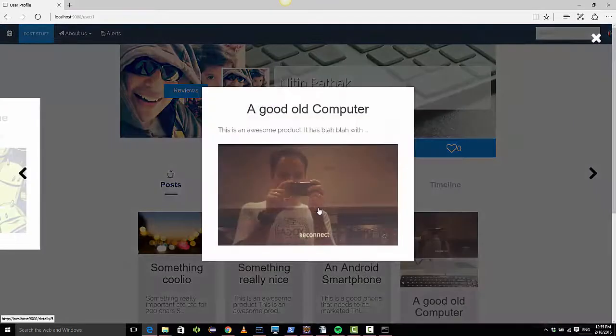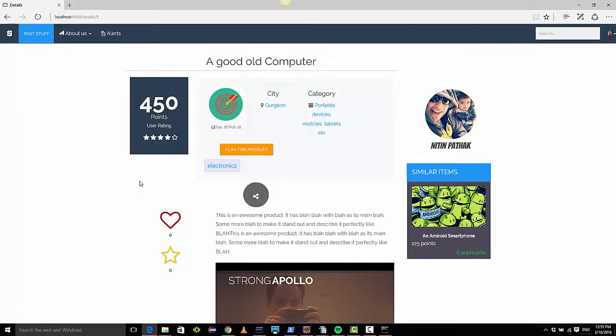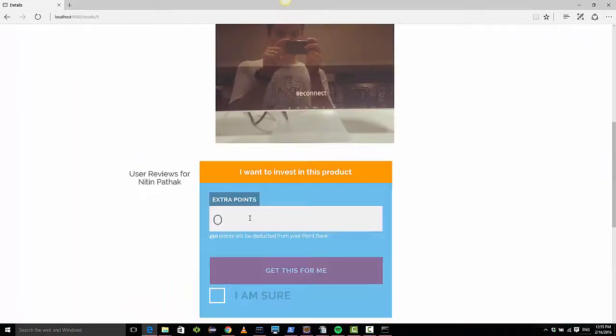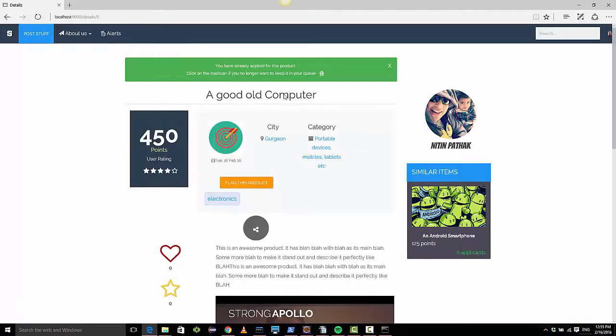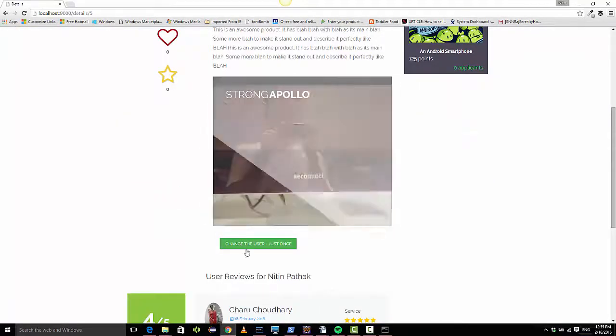In Microsoft Edge now I'm trying to look for that particular product. So this is that product which I've just now posted, and this user, she is now applying for this product, which is successfully done because of the no constraint criteria I've already talked about. Then I go to a quick queue page